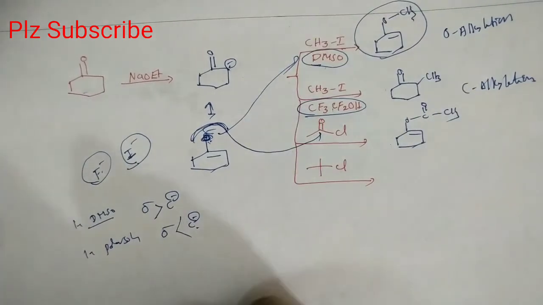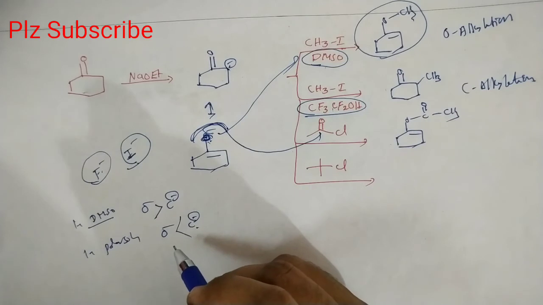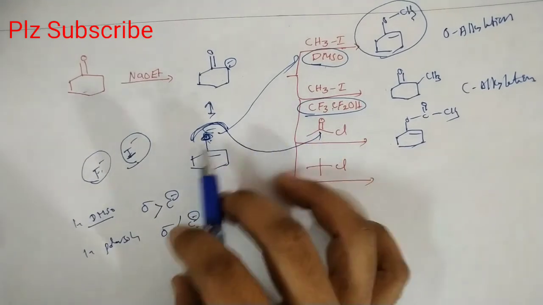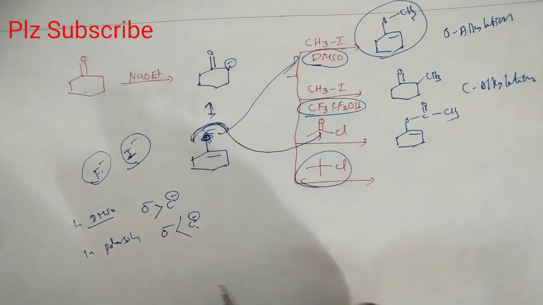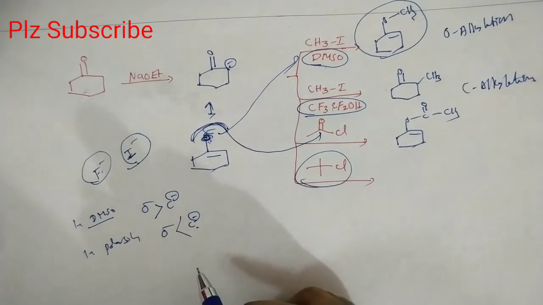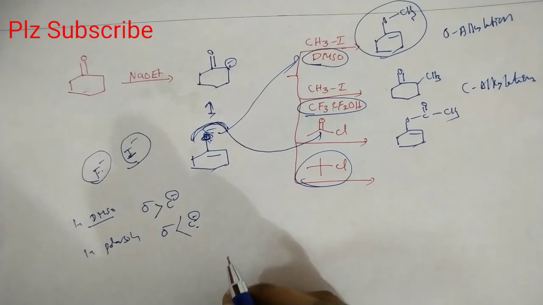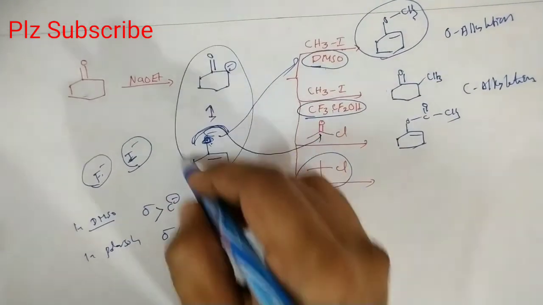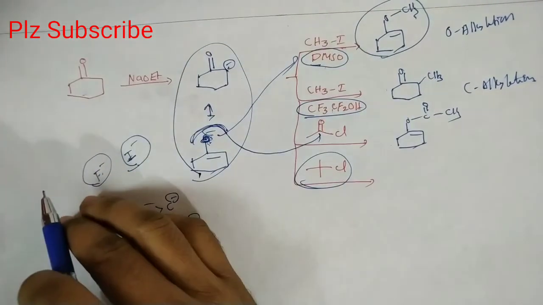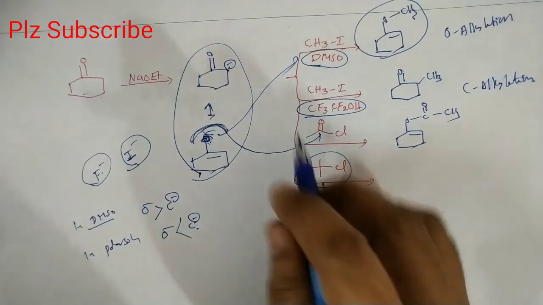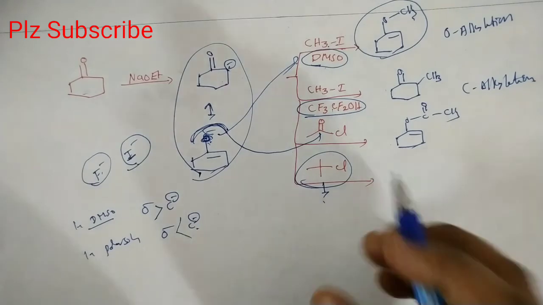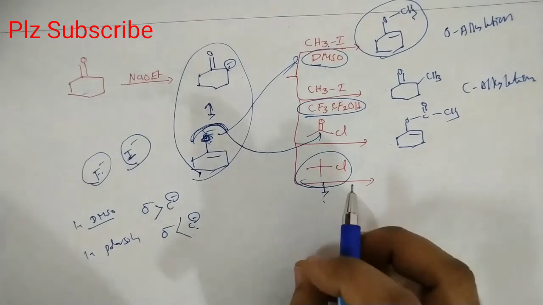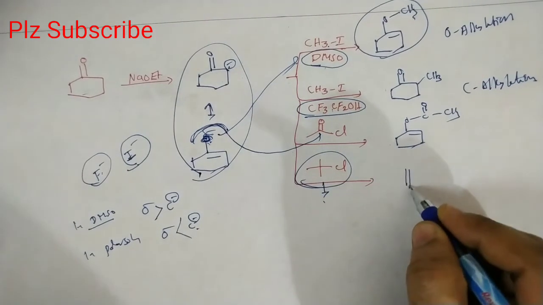With acid halide, acylation on the oxygen takes place. Now by treating with a tertiary alkyl halide, of course a solvent is not mentioned, but this is the carbanion as well as a conjugate base. With primary alkyl halides, substitution takes place, but with a tertiary alkyl halide, substitution is not possible, so that's why elimination takes place.